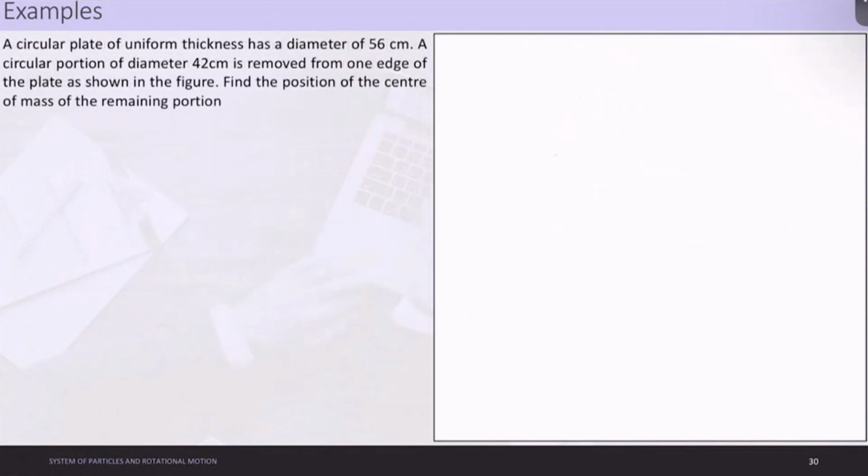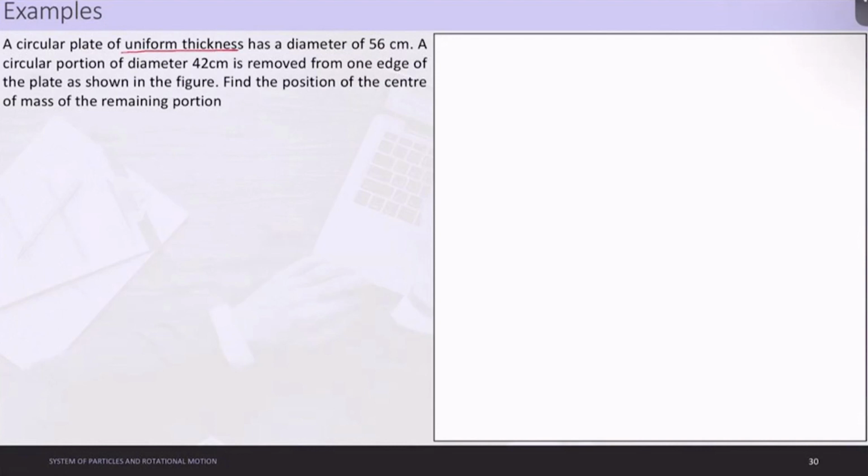Now, let us solve one more example. This is a JEE problem which was asked in one of the previous years, and it is based only on your center of mass concept. First of all, let's look at the question and try to understand it. It's a simple question. The question simply states that a circular plate of uniform thickness